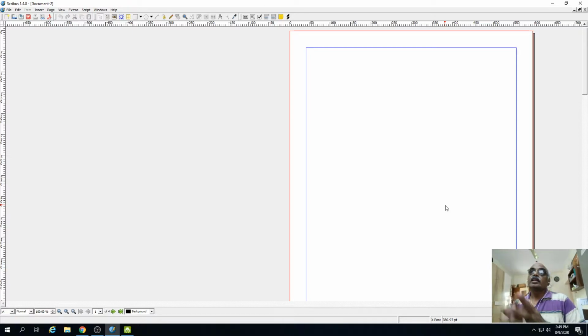It is not like a word processor where you can immediately start typing as soon as the document window opens, or copy and paste any image you want. Here you need to create specific boxes to hold the text as well as images. So right now we will be seeing the various features which this layout of Scribus has. This is actually the page, or the layout page, where we are going to work.